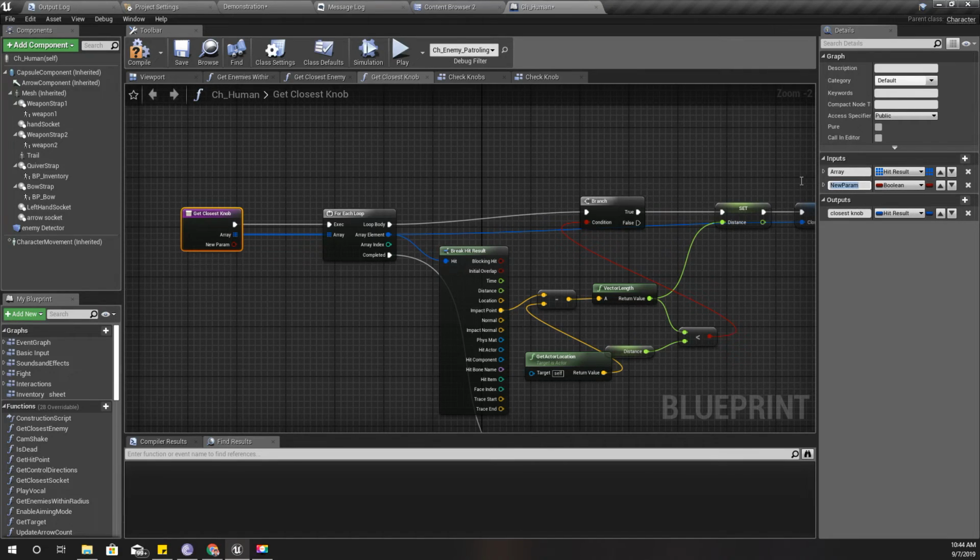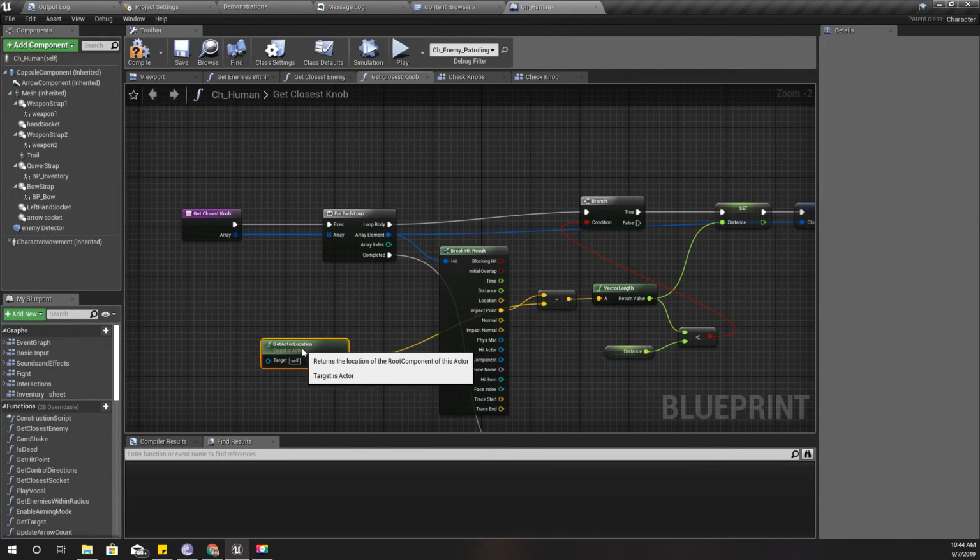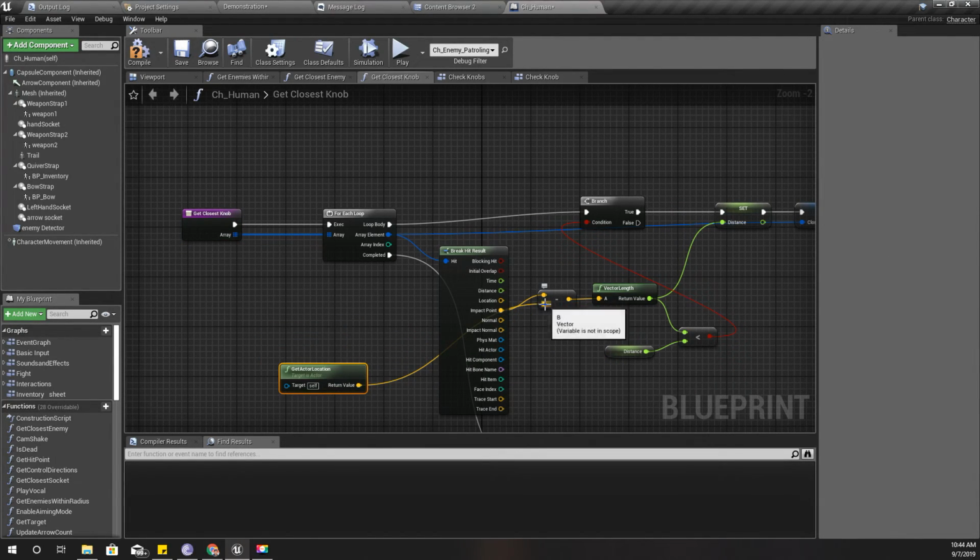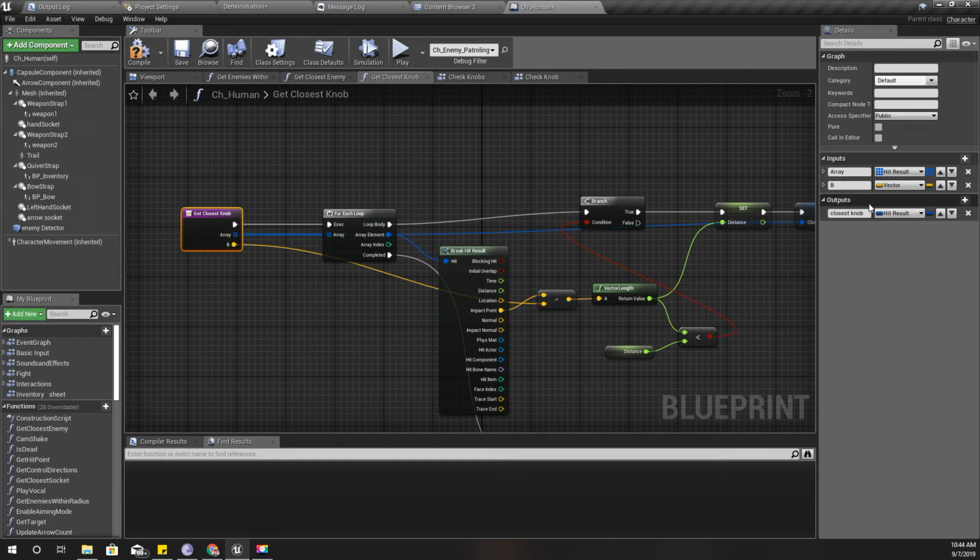Instead of the character's location here, I'll insert it as an input, and I'll call that intended location. Right,